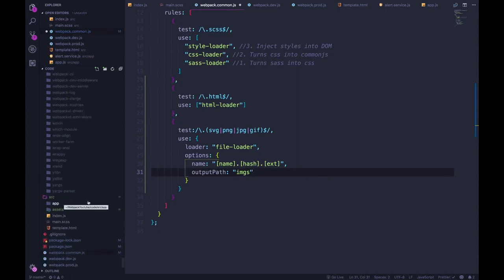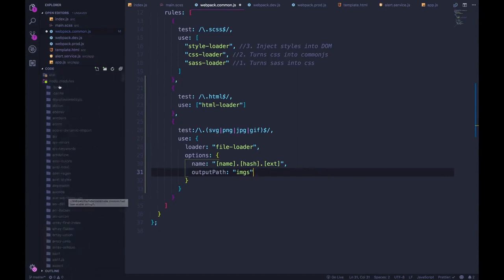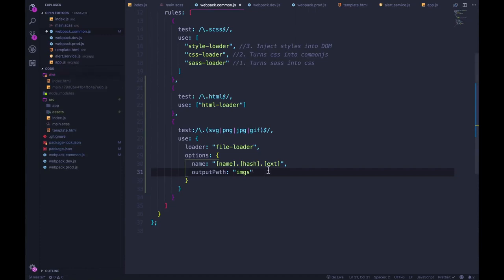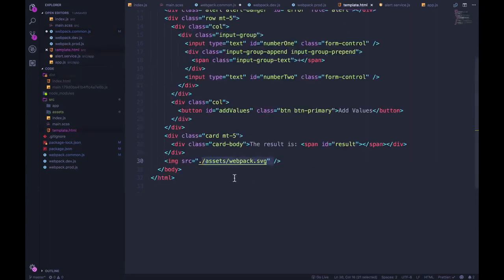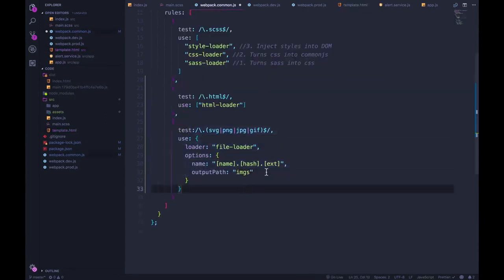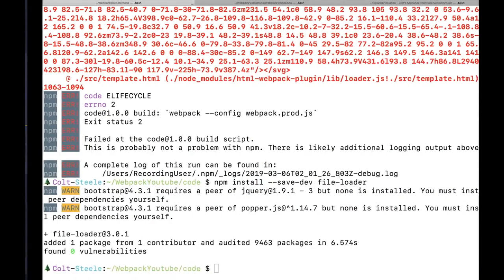And now inside of our dist folder, if I close node modules down, when we run this, Webpack is going to encounter this image because the HTML loader encounters it inside of our template because we used a source. It imports it, and this loader is triggered right here where we have SVG that's matching. So then it copies it over into a new folder called images in our dist, and the name is going to be webpack.svg with a hash in the middle. Okay, let's see if it works. So we're going to run npm run build,